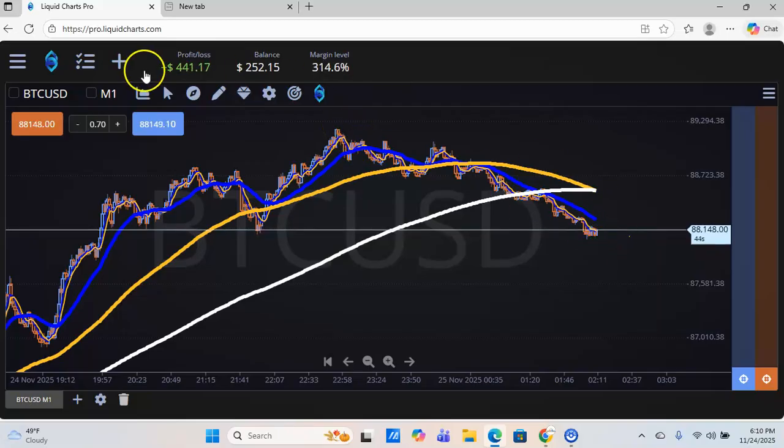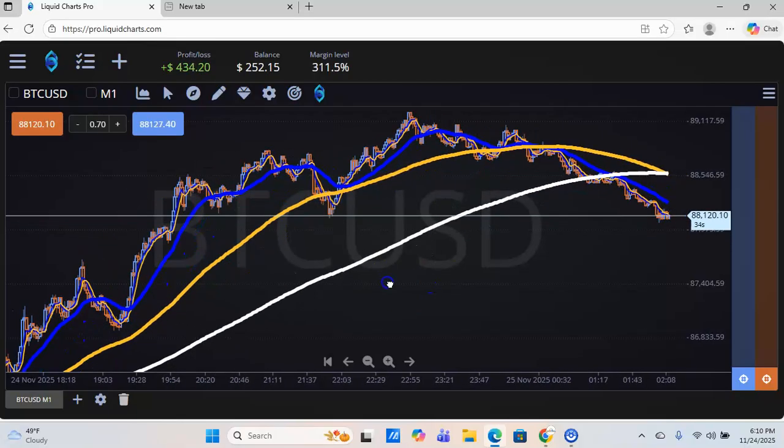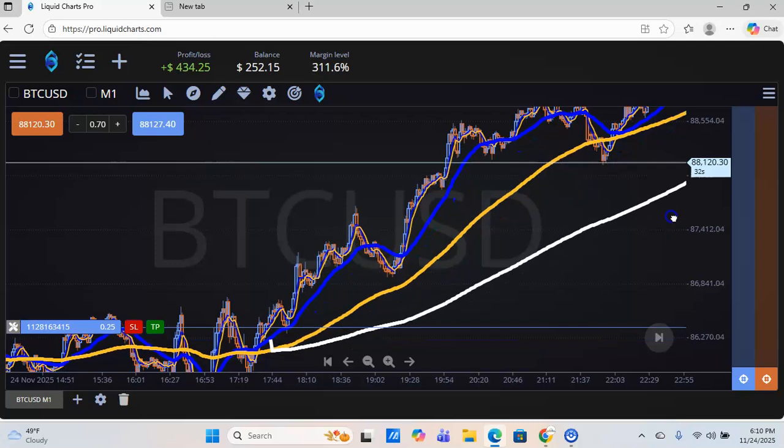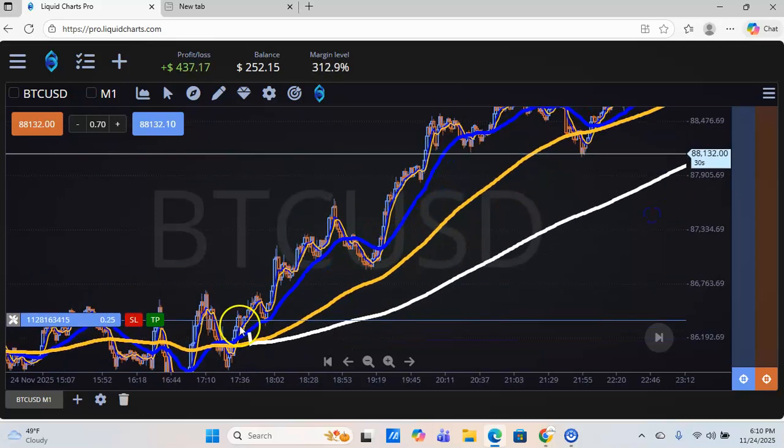If I'm up right now 400 from here to here, imagine when it was about right up in here. You know what I'm saying? It had to be way high, probably another couple of hundred or maybe another hundred. See what I'm saying? But look, that's just from one trading session.